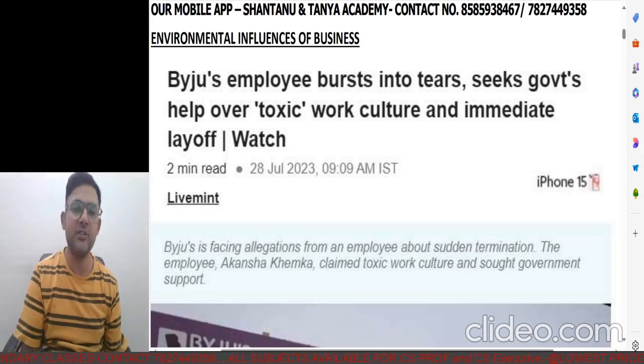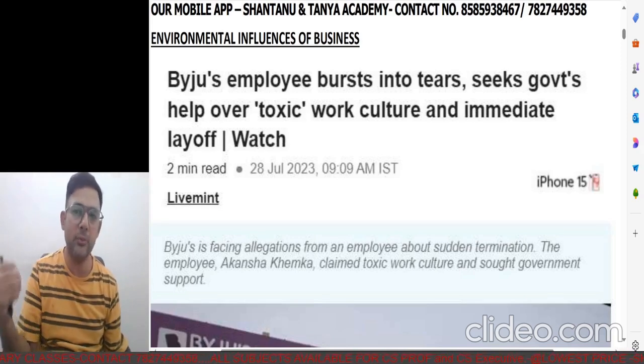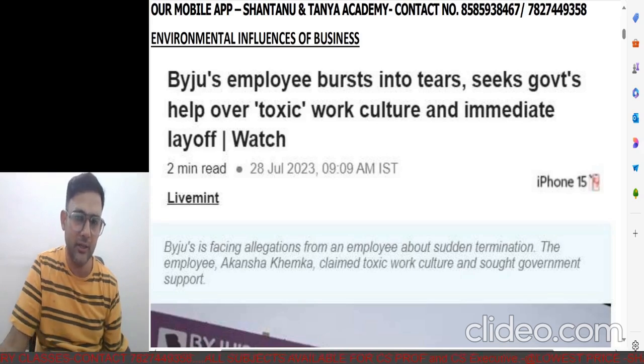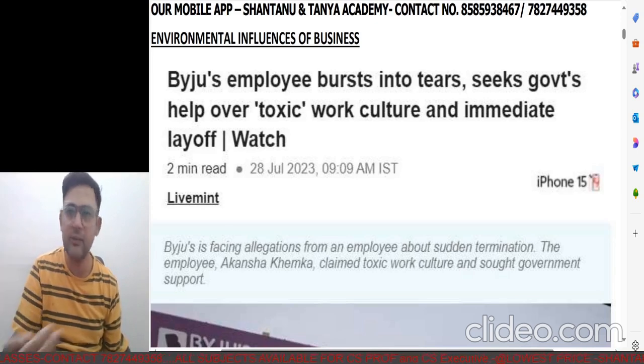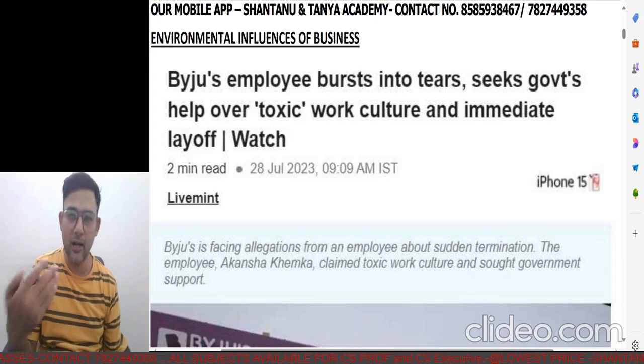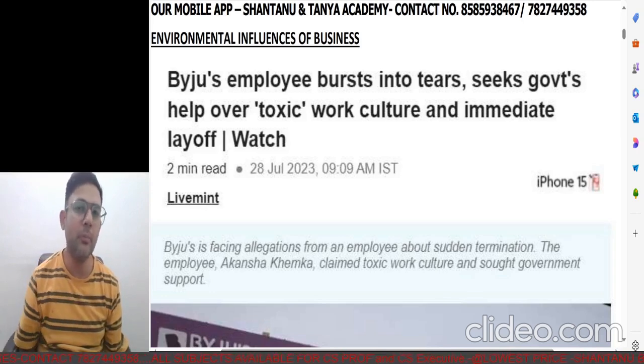Similarly, anything that I've just said about PESTLE, political: do you think you or I individually, or even collectively, have the power to form the government or elect the leading political party? Can a single person do that? I don't really think so. Economy: how will the dollar perform against the rupee, will the rupee be weak or strong? Can we decide it individually? No. Can a company decide it? No. It depends on various factors. So all in all, you have to be mindful of the environment and what is going on, and accordingly frame the policies.